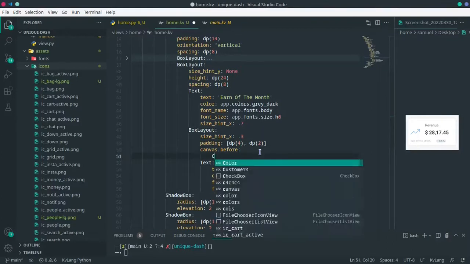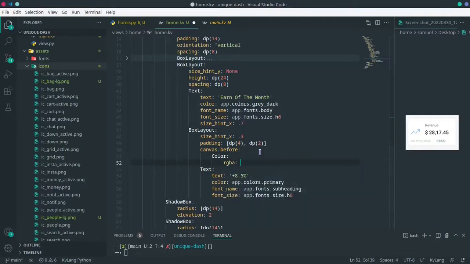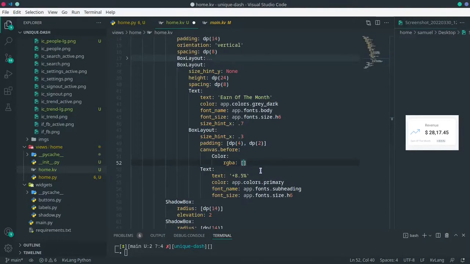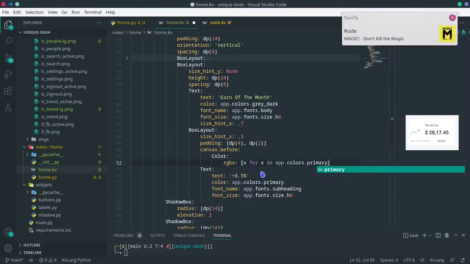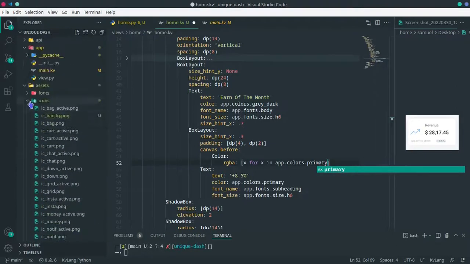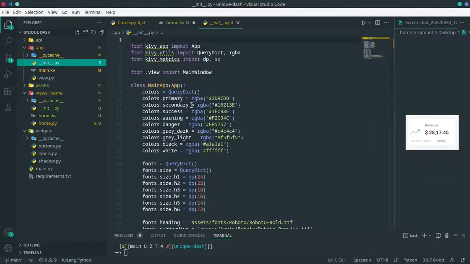Then canvas color RGBA value of that light color. Actually, I'm just going to cheat a bit. I am going to make it x for x in app.colors.primary. This is definitely not gonna work, so we'll have to fall back to, what was it? Let's see,